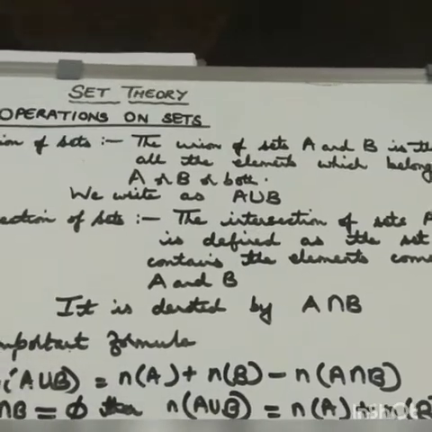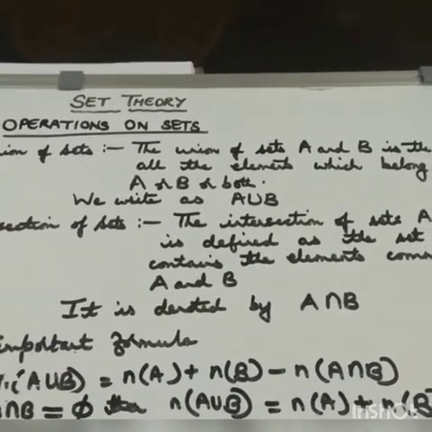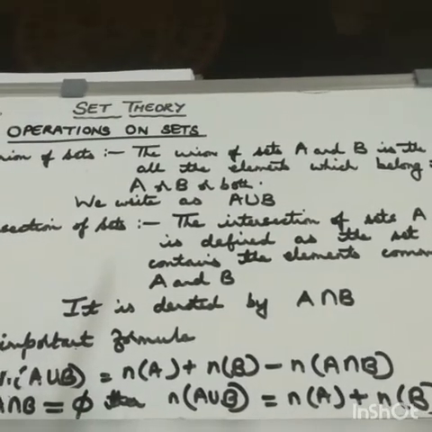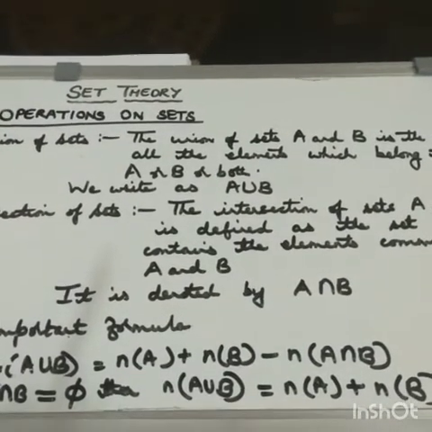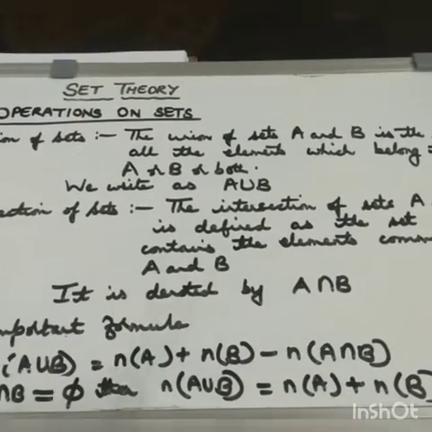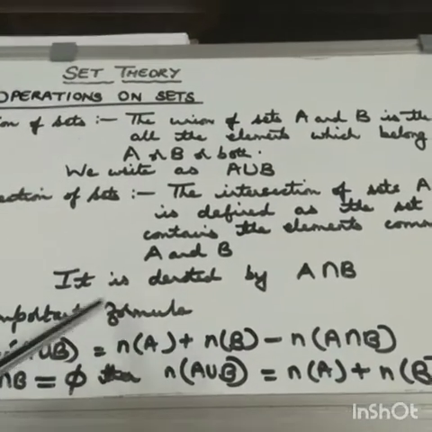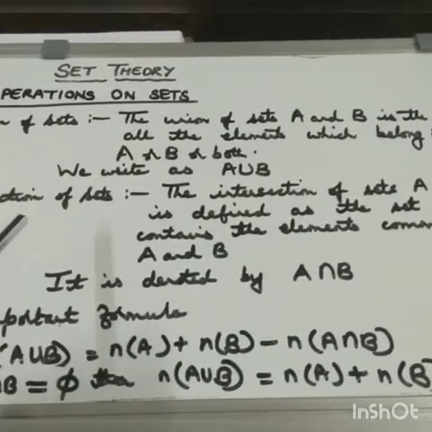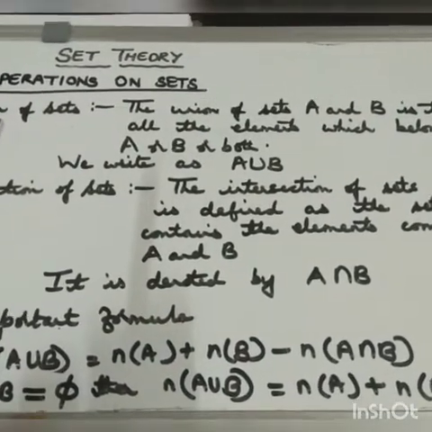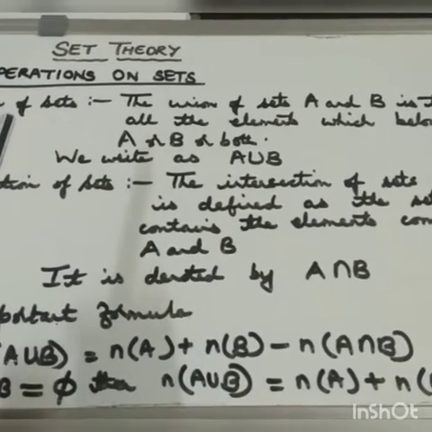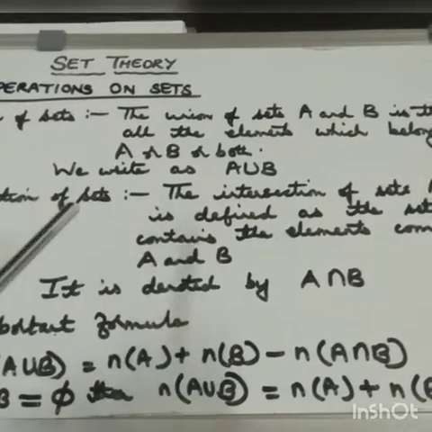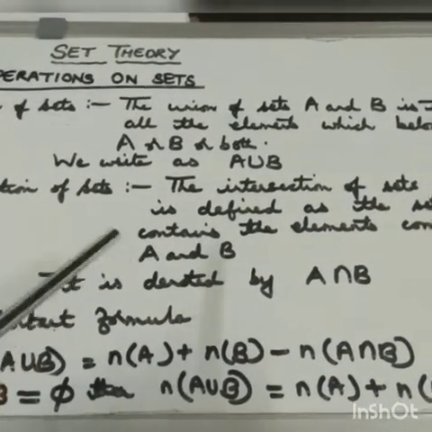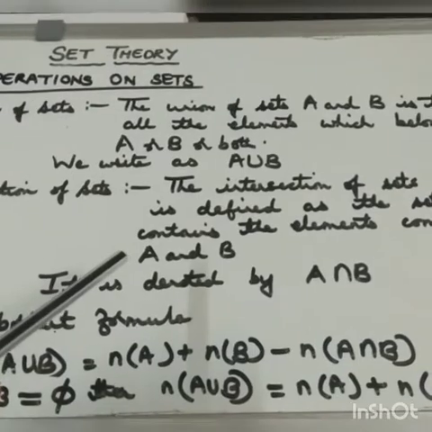Now children, we will study here operations on sets. Operations on sets are somewhat comparable to operations on the number system, where you have addition, subtraction, multiplication, division. Similarly, in set theory also we have some basic operations. For example, union of sets, intersection of sets, complement of a set, and difference of sets. These are a few basic operations which we need to know for sets.